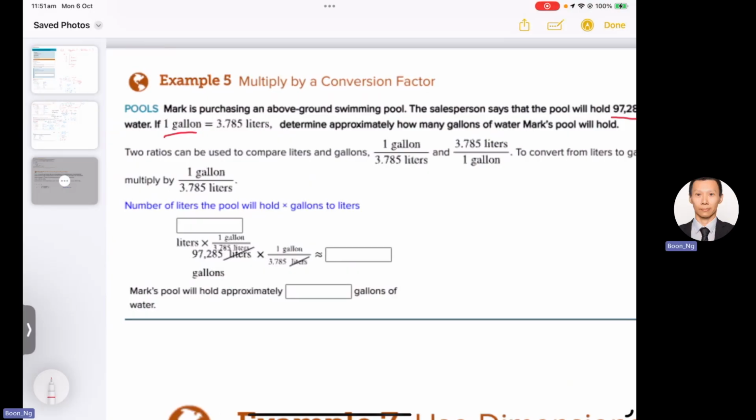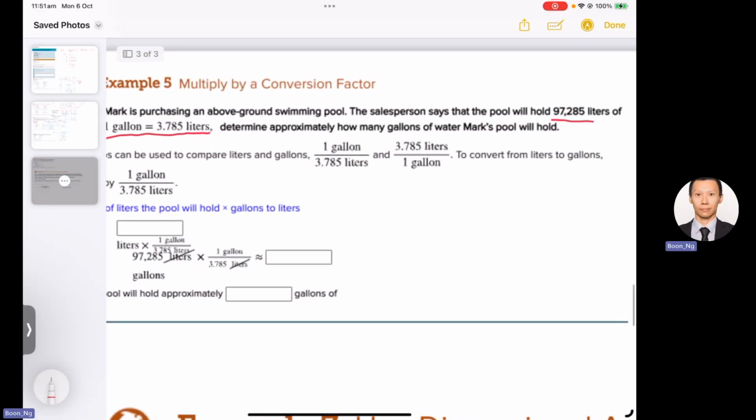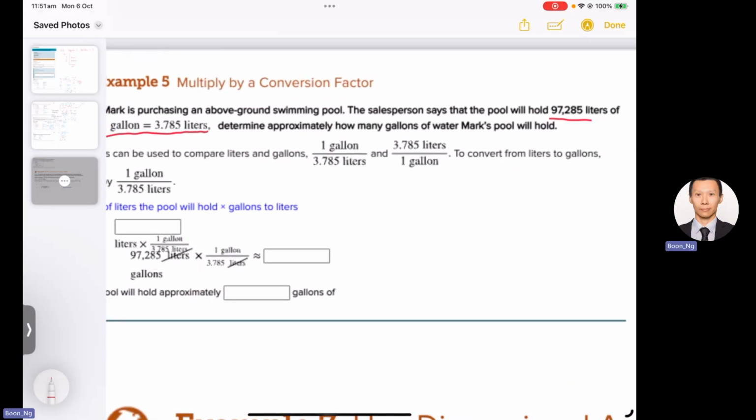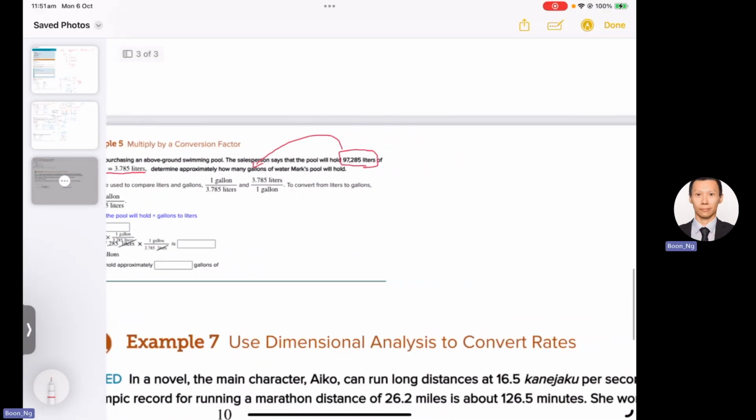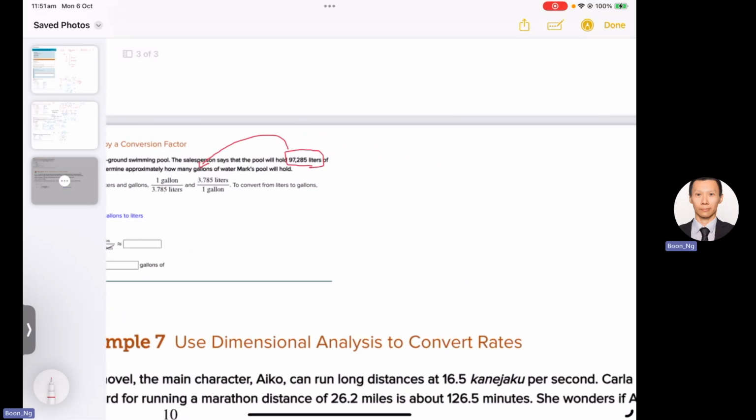And we know that 1 gallon is 3.785 liters. And then we need to convert this amount of water in liters to gallons. And here is how we're going to do it. All right, let's set X equal gallons of water